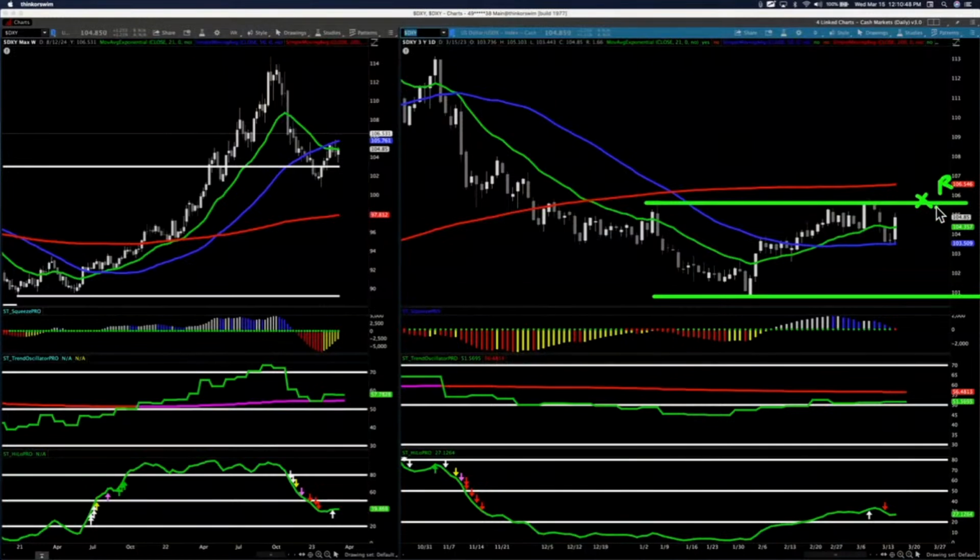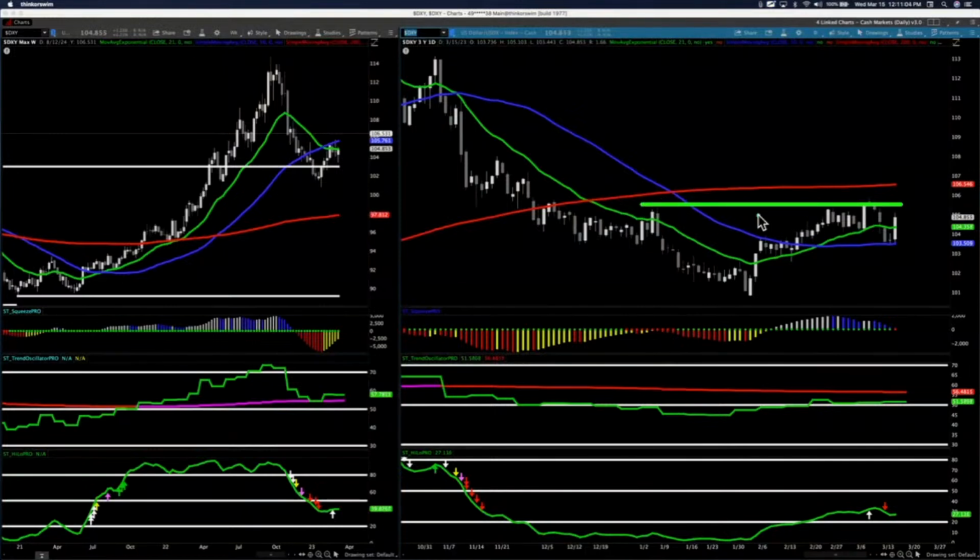If it breaks right there, so here's the trick, and this is kind of an interesting one. If it breaks resistance, it goes from being in trend to being in chop, which we use previous highs and lows, and then it could easily go back to being in trend. So what would be the steps for that?